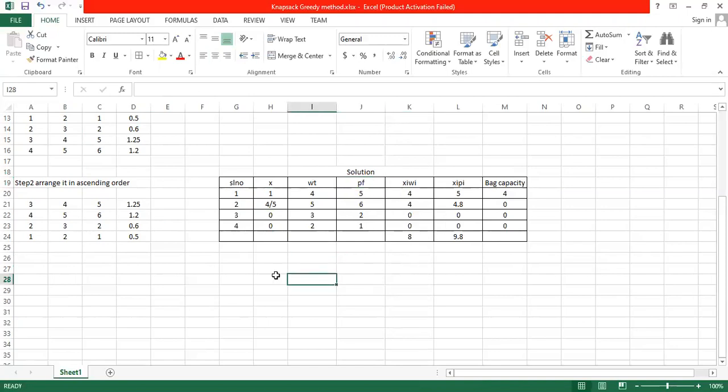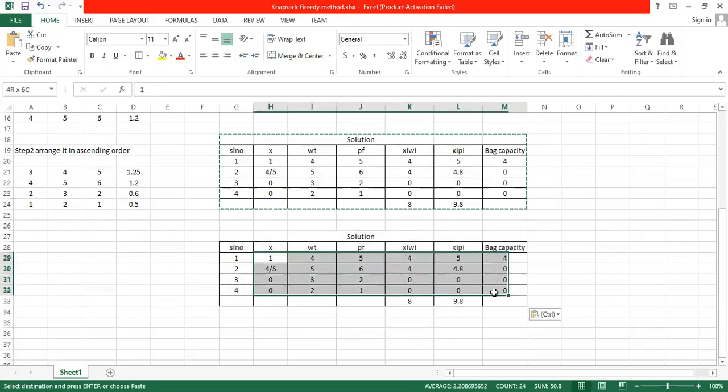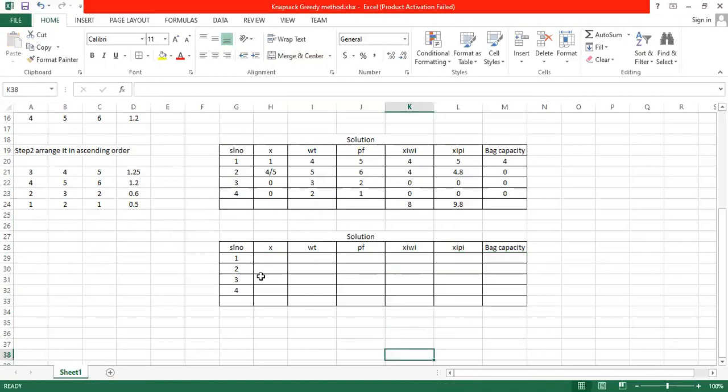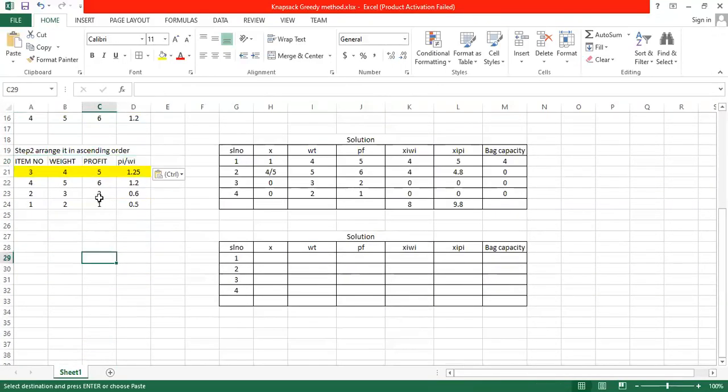So I will tell you how I got this, how I calculated the answer. Now here, if I just tell you by filling the table, you will get confused. So I will delete all the values and tell you again what I have done. So first, coming here, I will select the item with the highest profit divided by weight. I select the item. Now I have highlighted it with yellow color. Now I take the weight of that item. I will see in the yellow row, what is the weight of the item? It is 4. And what is the profit?